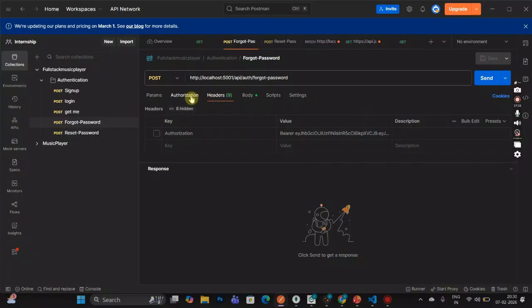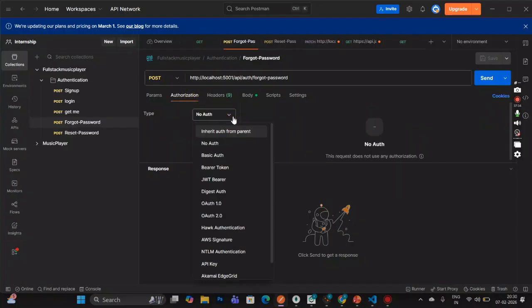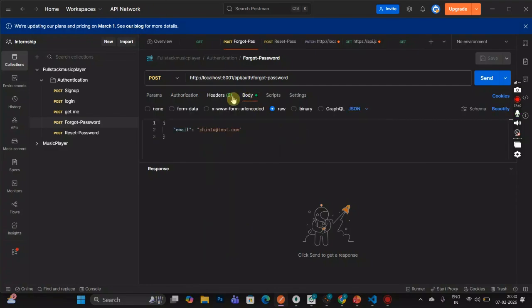Here it tests. This is authorization testing in the API network, and the body is